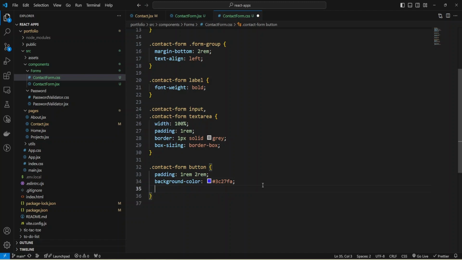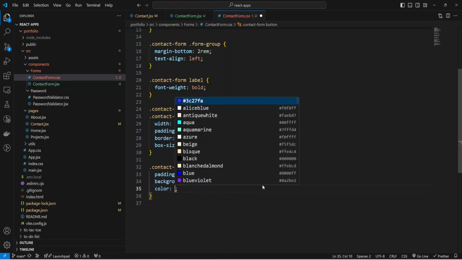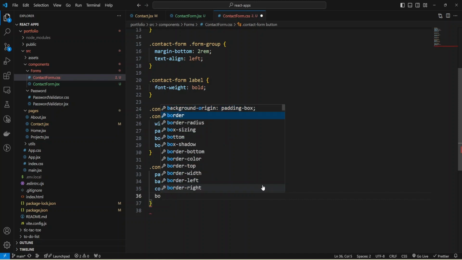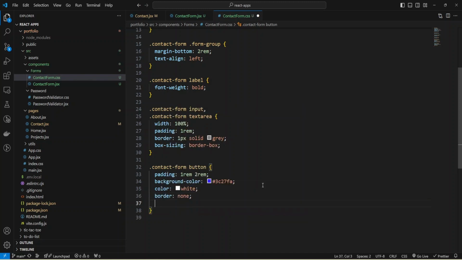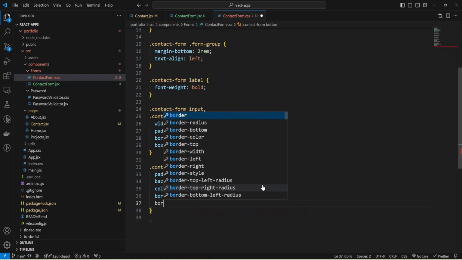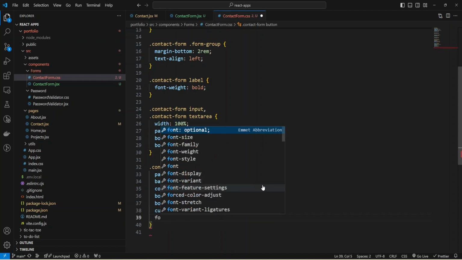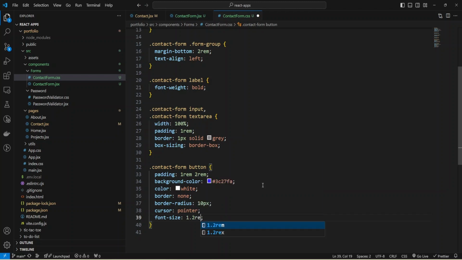Okay, and now I can add color for text. It will be white, and now I can remove border, none, and also add border radius, 10 pixels, and also I can make cursor pointer and increase font size 1.2 rem.